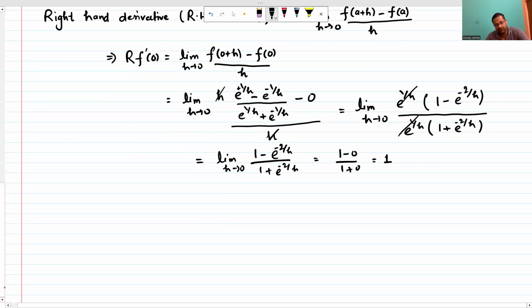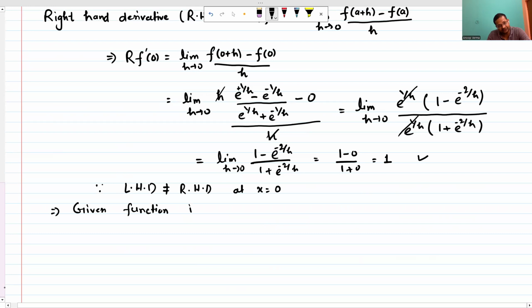So right hand derivative is 1 and left hand derivative is minus 1. So you can say since left hand derivative is not equal to right hand derivative at x equals 0, this implies the given function is not differentiable at x equals 0। ओके, यही हमको प्रूव करना था।